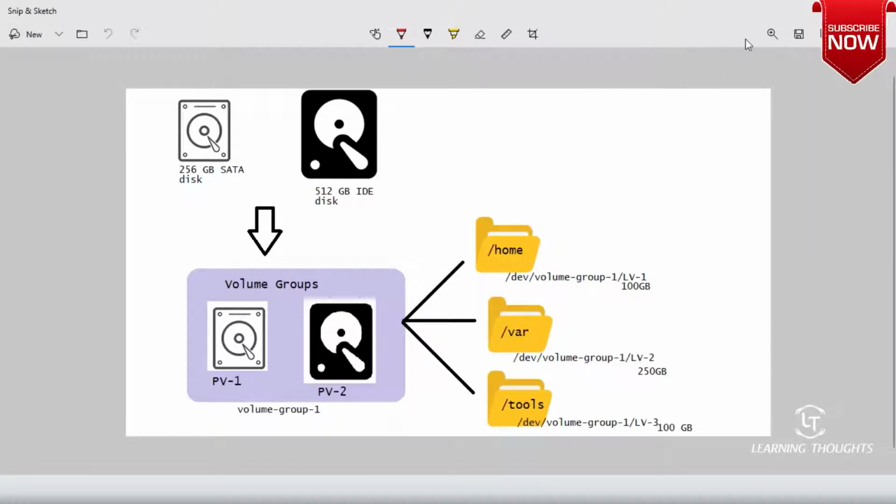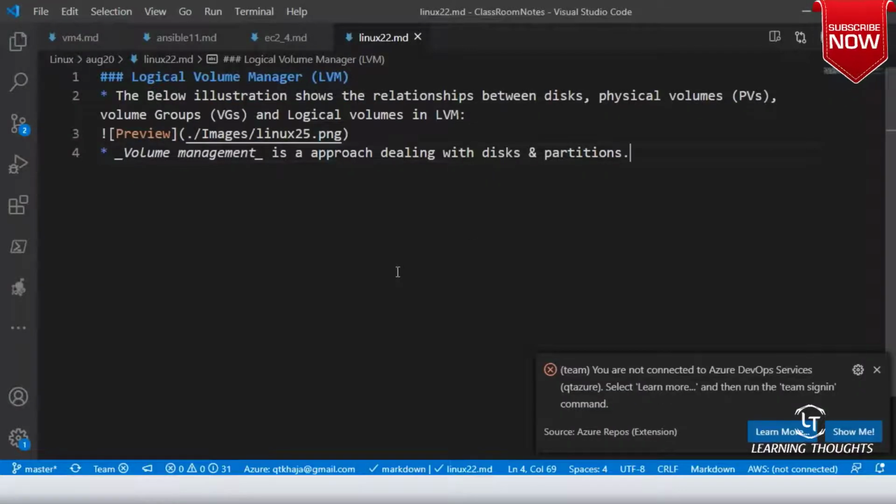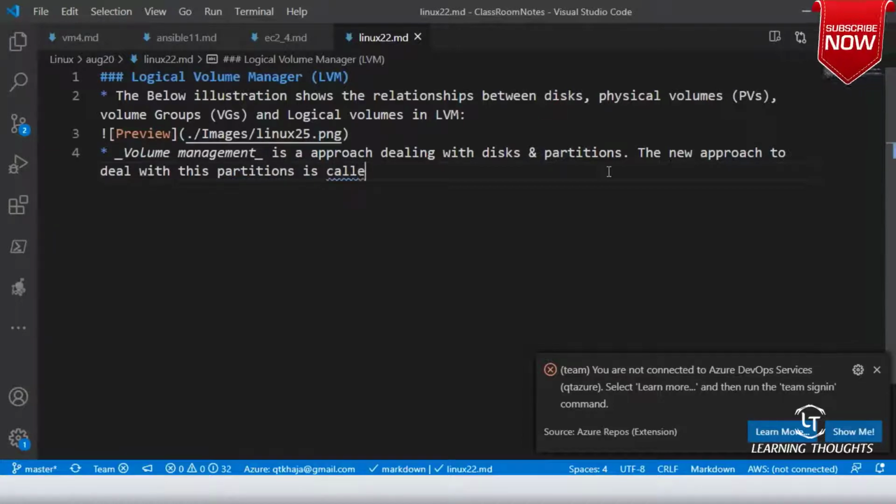Okay, right, sir. Now, let us basically try to do this. The new approach to deal with these partitions is called Linux logical volume management.